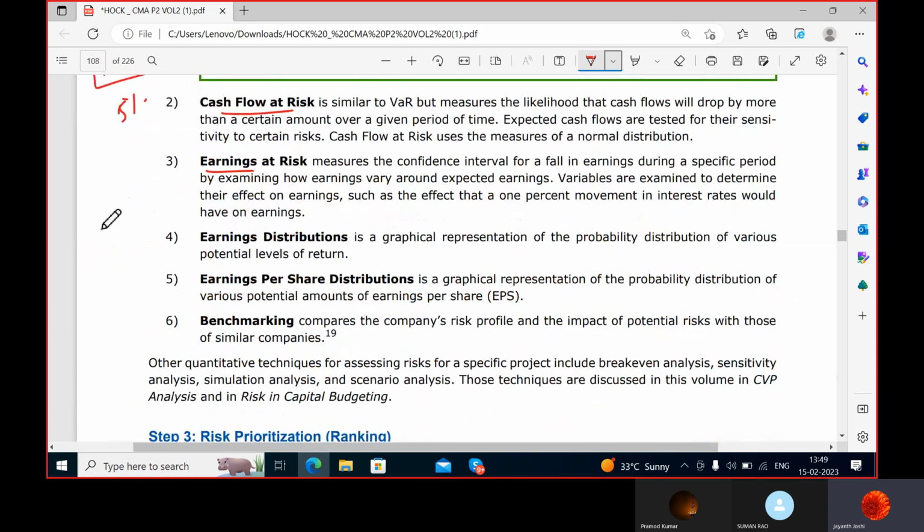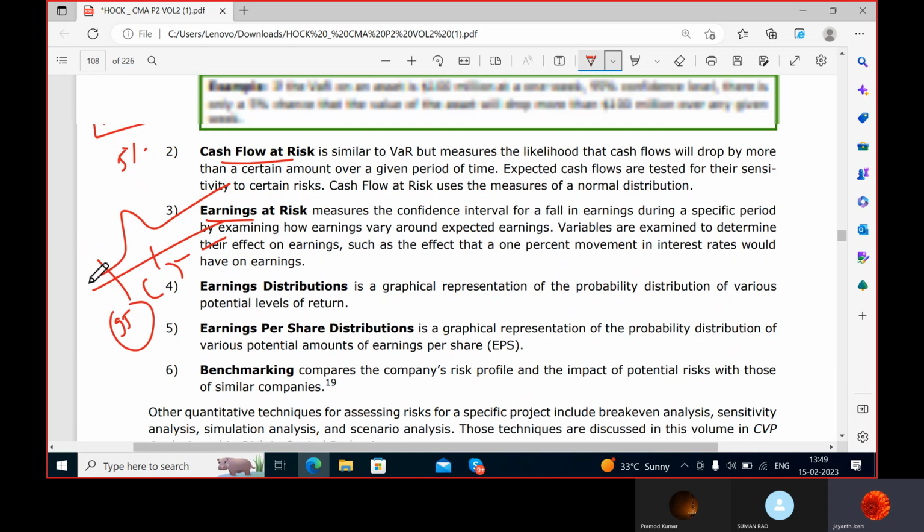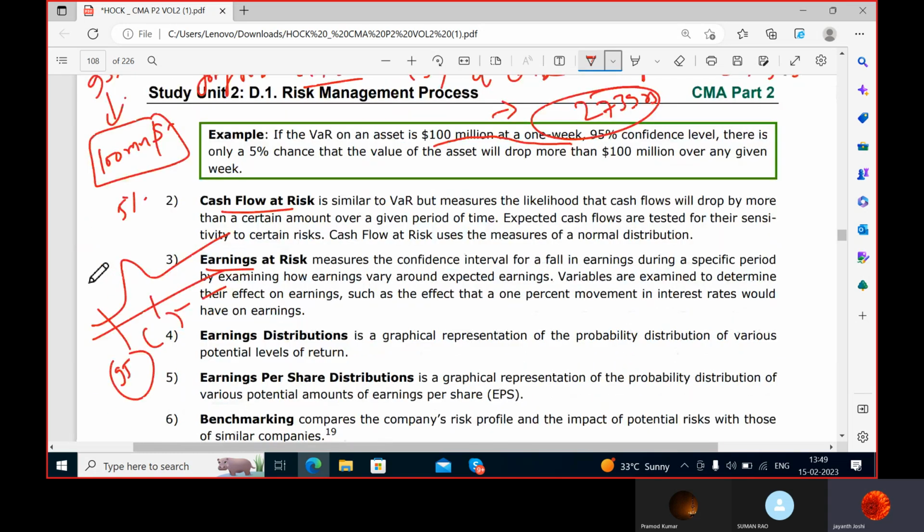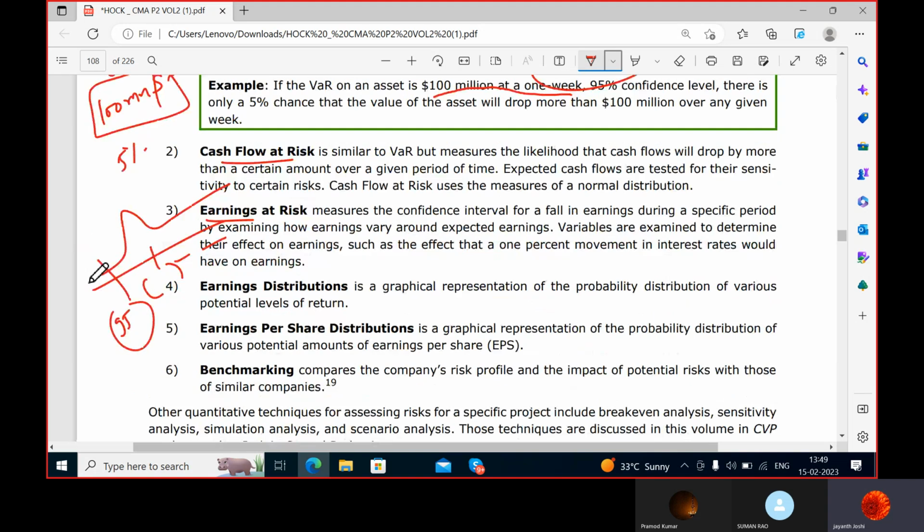See, all this can be put on the normal distribution curve. You can set an average and you can see the deviations, put some confidence interval, like in VAR. But in VAR, we are studying value at risk. In all this, we are studying something else at risk, that is cash flow or earnings, how they are distributed, or EPS per share distributions. That means earnings can be distributed to all the shareholders. This we are seeing in total terms, this we are seeing in per share terms.